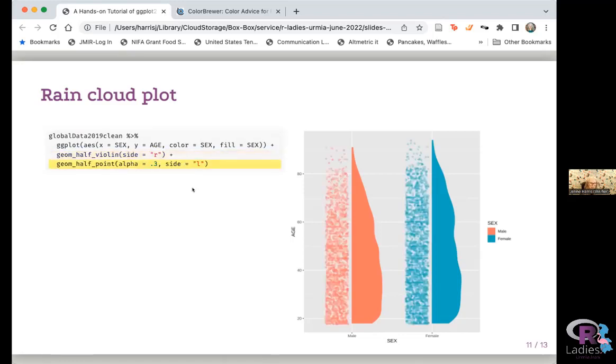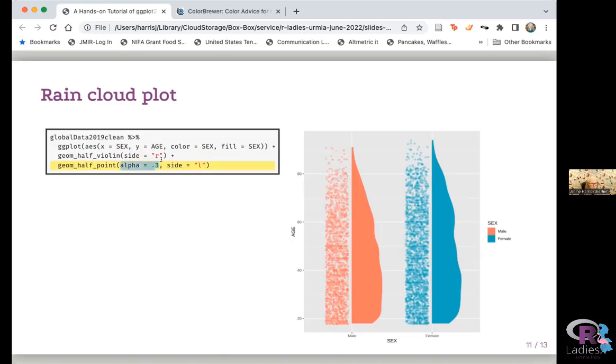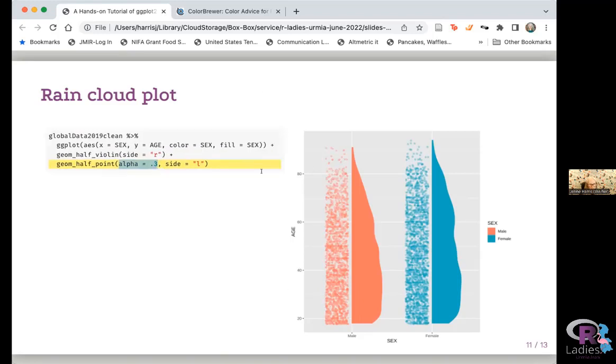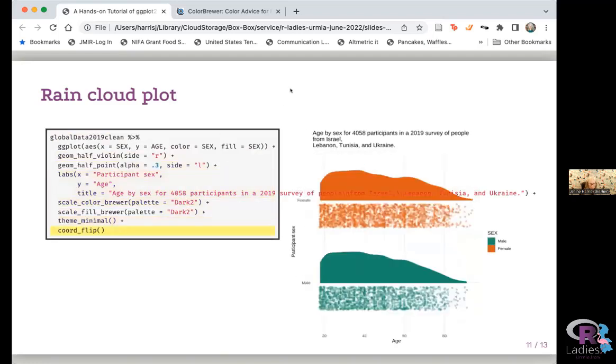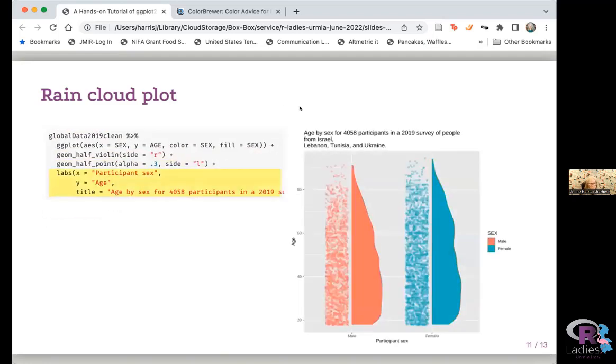And then I'm going to add on my points, so my data points on the left-hand side. So I put side equals left, and alpha equals 0.3 to make them a little more transparent, so that you can kind of see all the points and they're not like super dark orange or blue. Wow, I showed you the final without going through all the steps, but then you can add on the